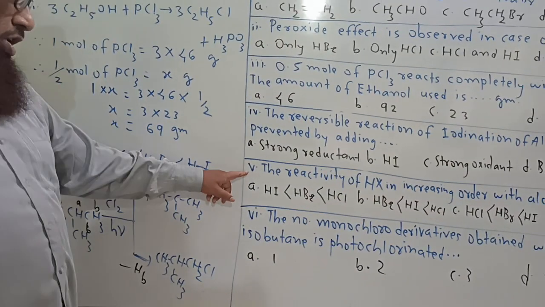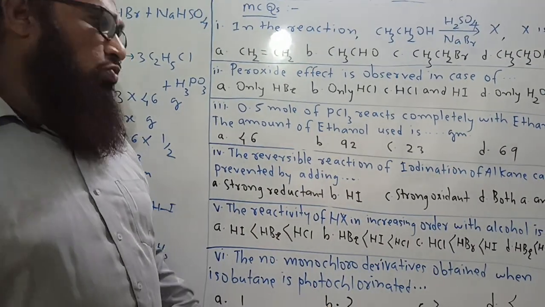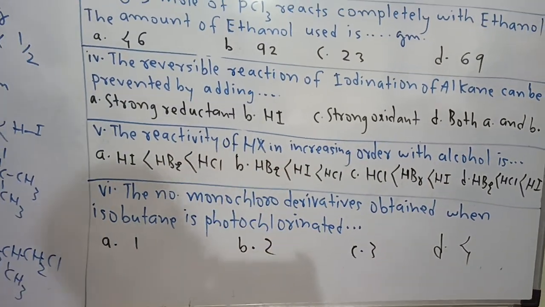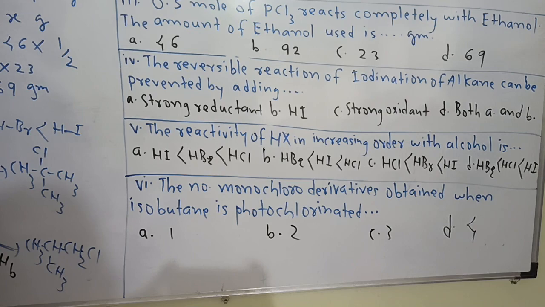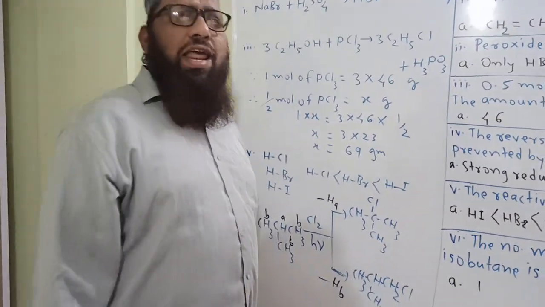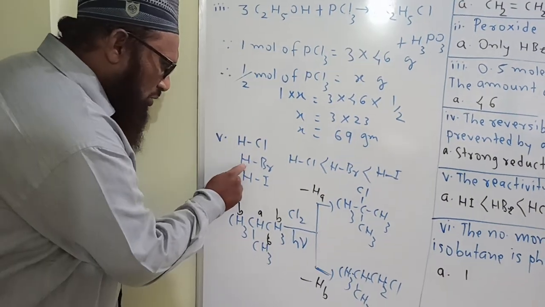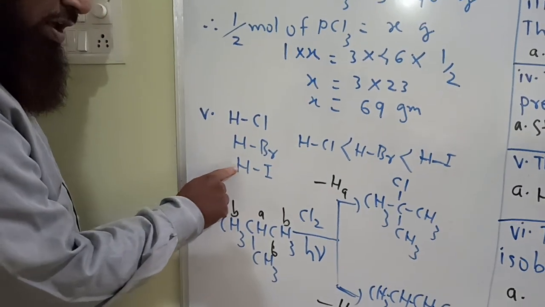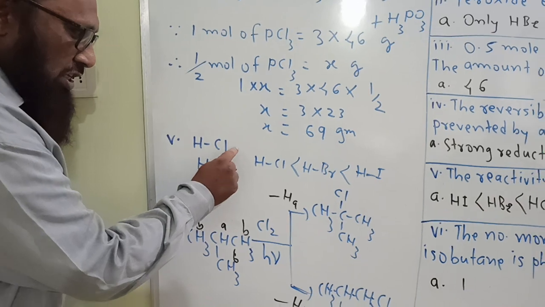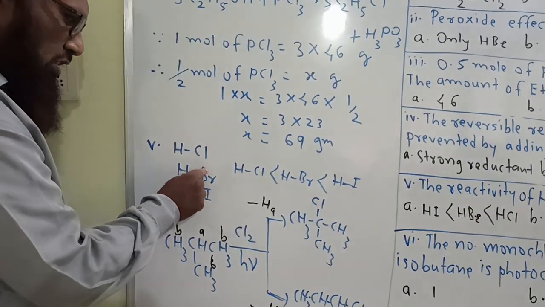Let us see question number 5. The reactivity of HX in increasing order with alcohol is a dash. Which HX reacts rapidly, easily, readily with alcohol? For this we have to see the bond length and bond nature of this HX. HCl, HBr, HI, H is common. This is the halogen family. We know that atomic and ionic size increases from top to bottom. Chlorine is small in size, iodine